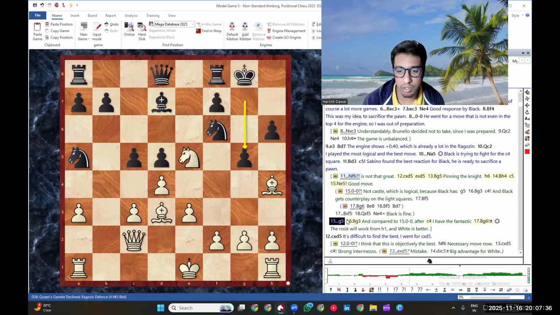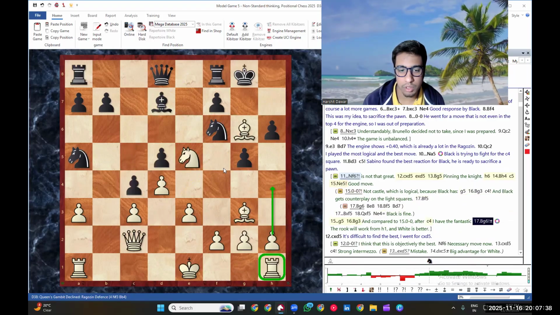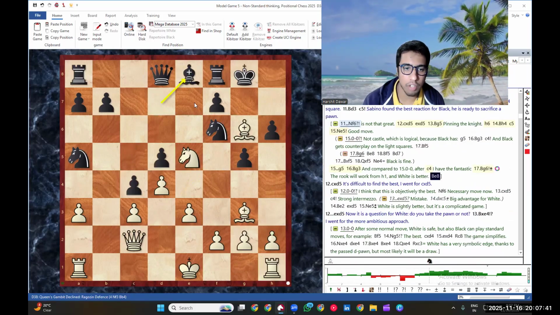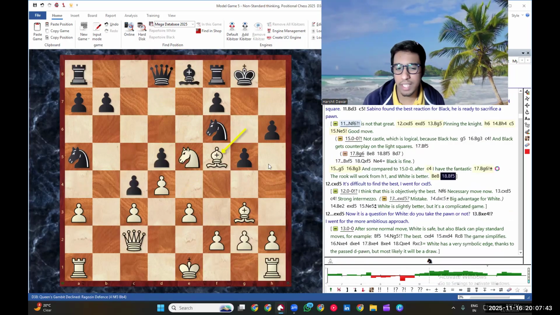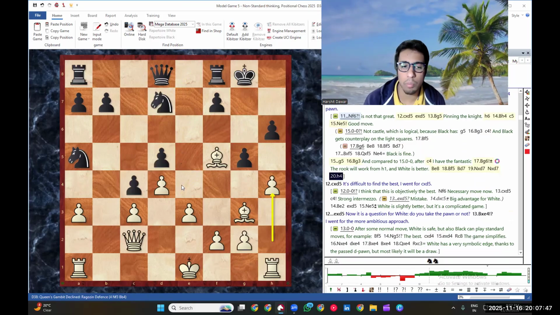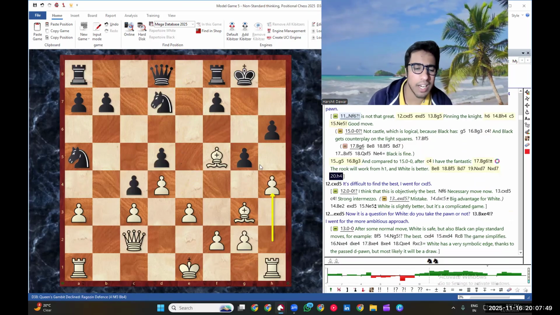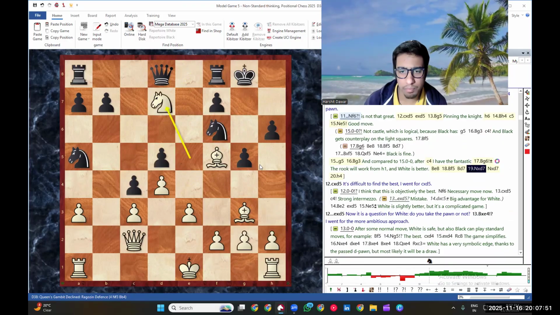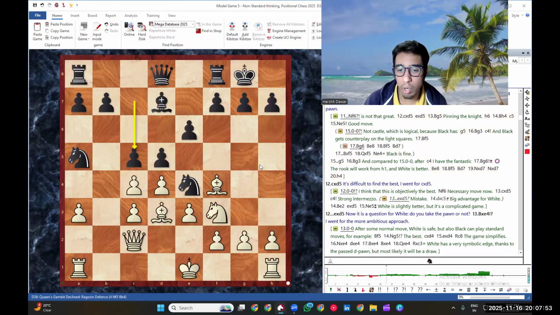Yep. Bishop g5, bishop g3, bishop g6. So let's say it just goes back with the idea of capturing perhaps with some play. Though we can still sacrifice and go for h4, but still this idea won't work in any dream scenario, because the knight has to go back. He doesn't have any counterplay on the light square, and his king is cooked. Simple. So knight e5, very important move.